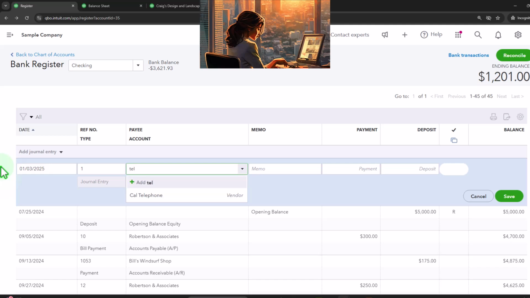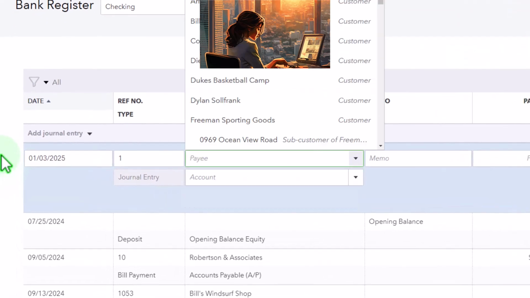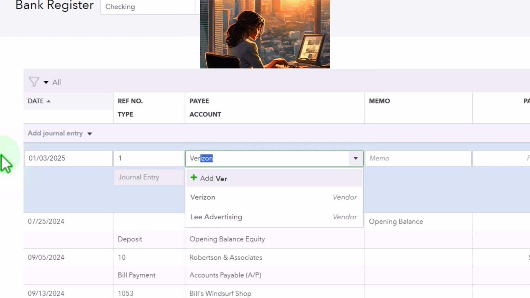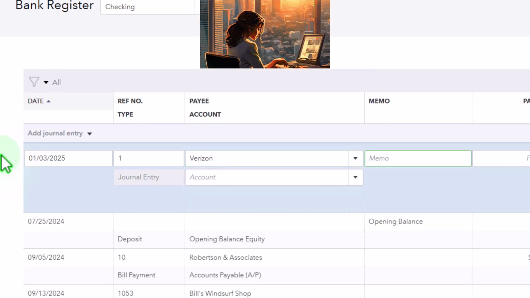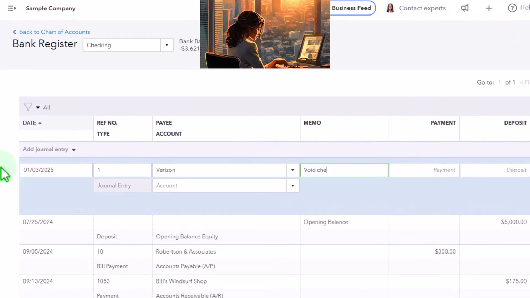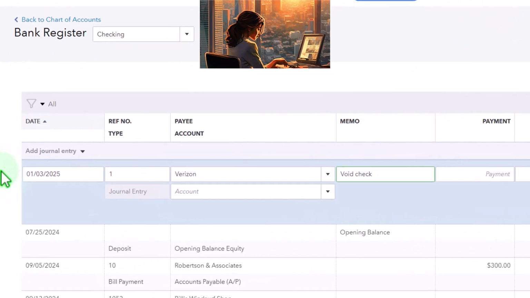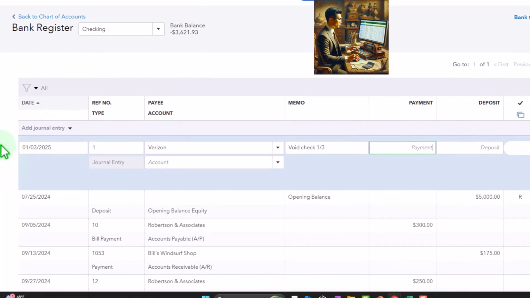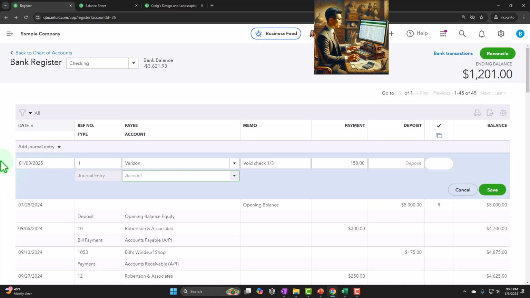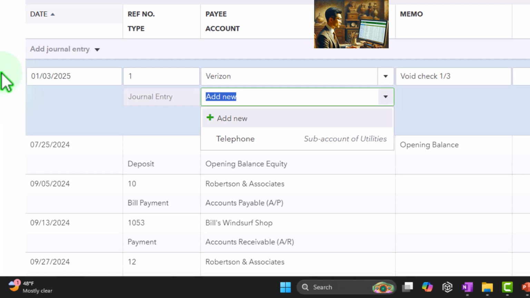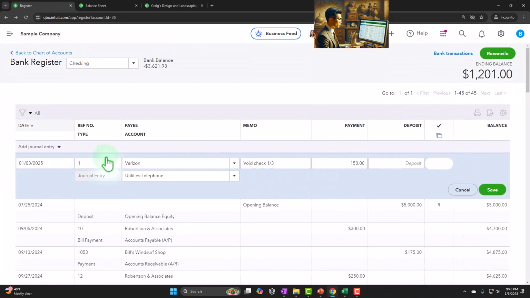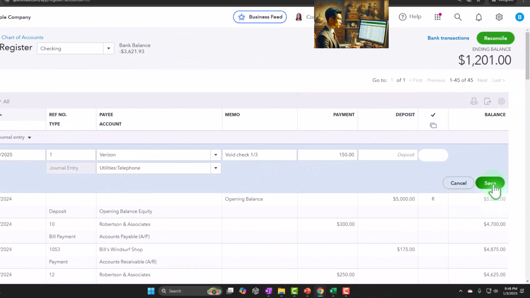So it's going to be telephone, what did I say? Verizon, and boom, memo: void check, and then I check for 1/3, and then I'm going to put it back on the books for, what did I say it was? 150, I think it was. Let's just do the 150, and then it's going to go into the telephone account. So now we just put it back on the books with a journal entry. So let's see what that does. If I save that